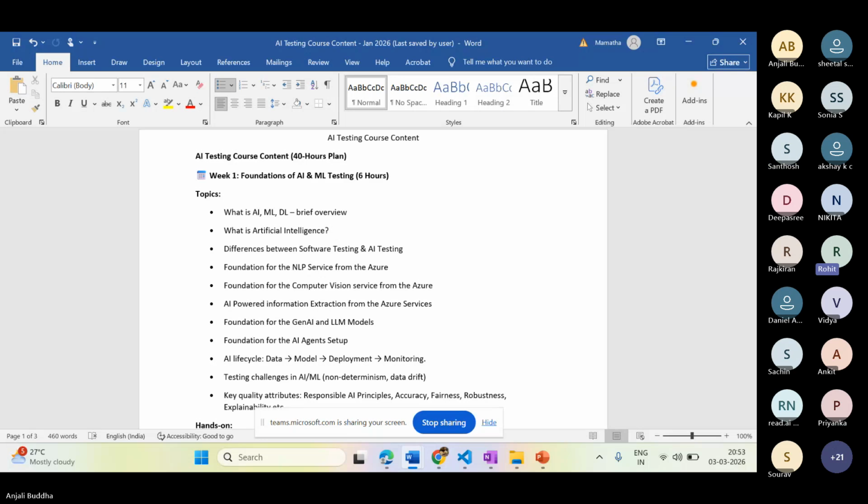Hi Anjali. Hello. This is Santosh. My question is, I'm purely a functional tester and have worked on mobile apps testing. Right now, if I go for AI testing, there are many concepts whatever you have taught, like data, machine learning, LLM models. Those are all very new to me, and I don't know anything about them. If I come to this course, what will I get?